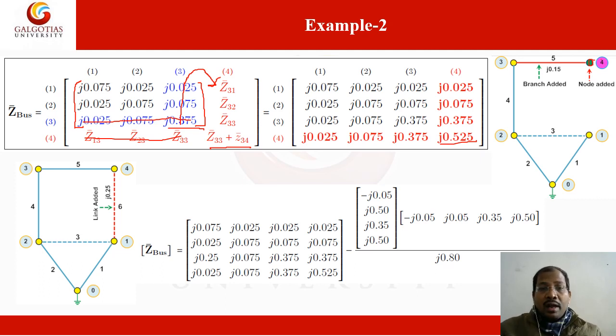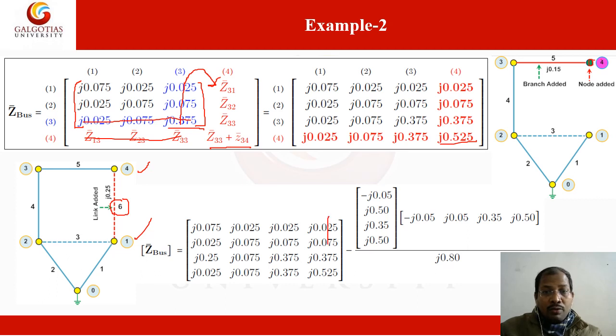So here we are just going to add branch 6 between existing buses 1 and 4. So here we just use the step 4 algorithm. Step 4 algorithm means we have to subtract fourth and first columns.